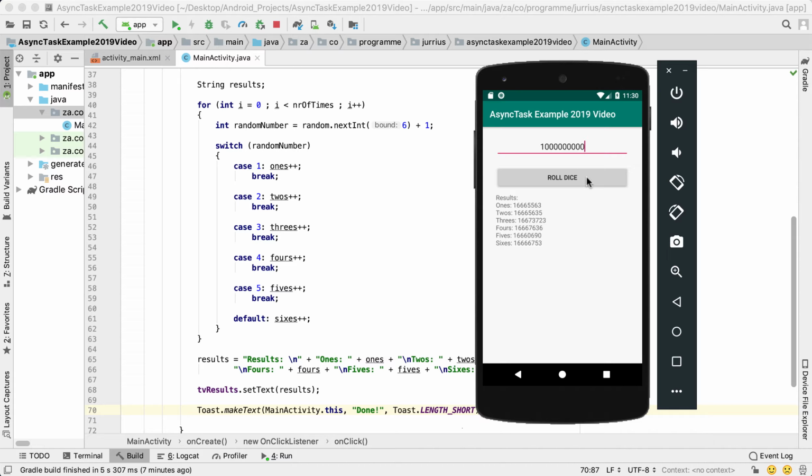It's just taking really long because we're running that loop this amount of times. And there you can see done with the result. So it wasn't your application that's stalling. It was actually just doing something in the background. And if you go on further,